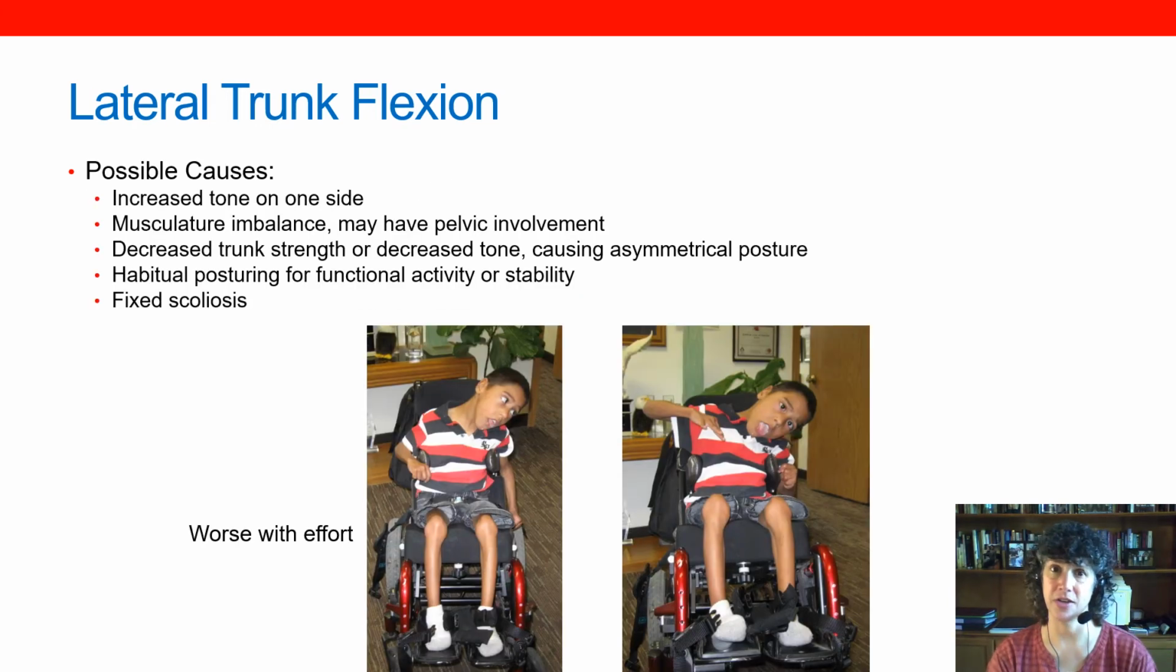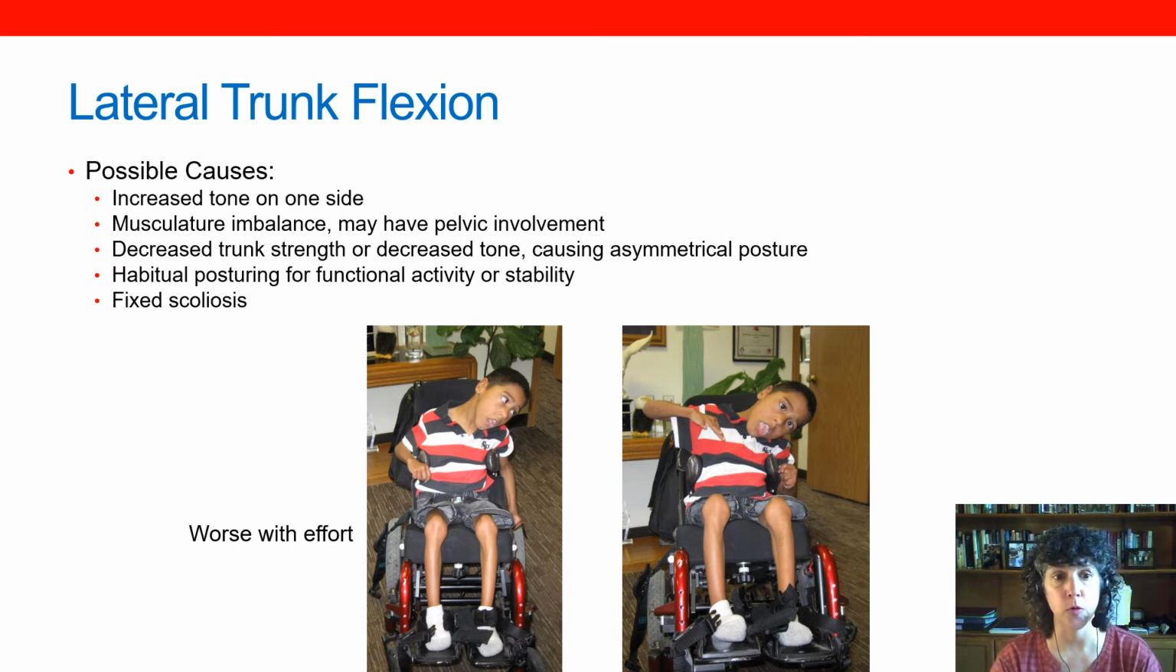So what causes this issue? Well, there may be more tone on one side of the body than the other, and it's pulling this person actively into this curvature. This young man here has a tendency to collapse to one side, but when he gets excited, he actively pulls to that side. And it's important with many of our clients who have increased tone to evaluate their seating needs at rest, but also when that tone is active,